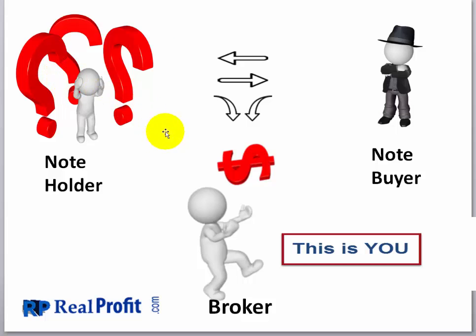They're not locating each other. That's your job. You're the broker. And when you put these two parties together, real estate-sized commissions fall down into your lap. And that's the beauty about this business. Real estate-sized commissions. We're talking about thousands of dollars. Most people, most deals, you're talking about $3,000 to $7,000.